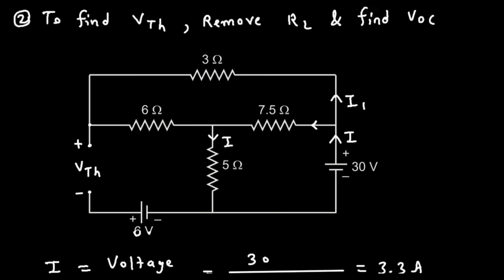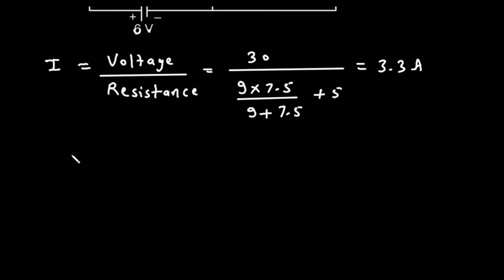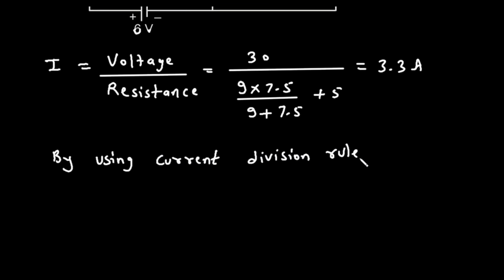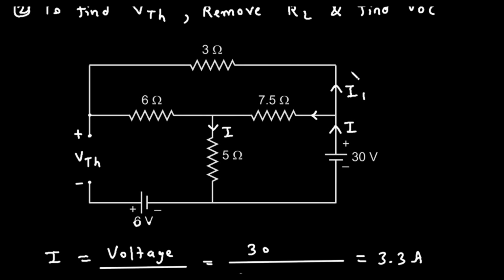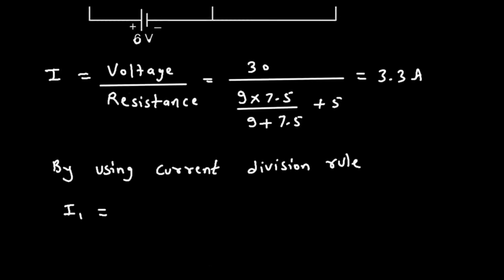Now we need to simply find the value of this I1 because the current I1 will flow through this 6 ohm also because they are connected in series. So let's find the value of I1. So by using current division rule, I1 will be equal to this main current which is I